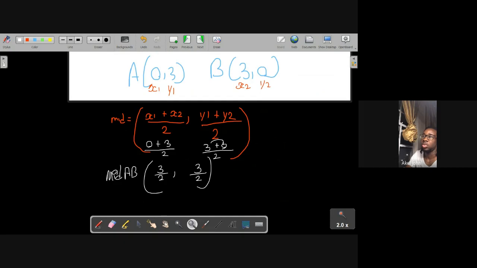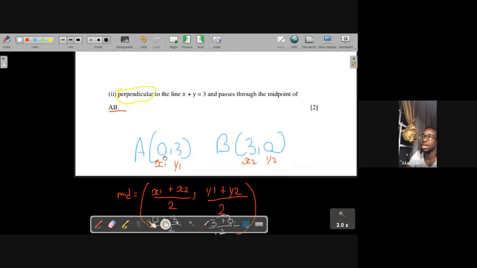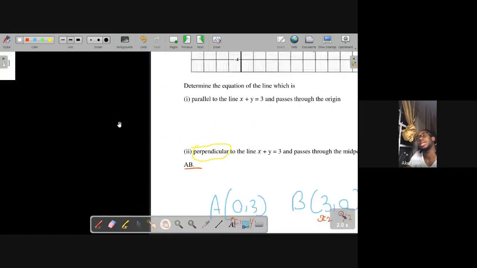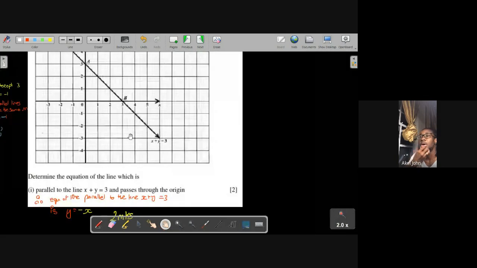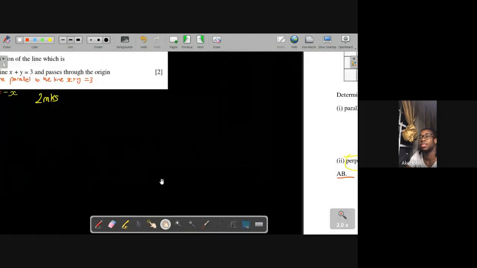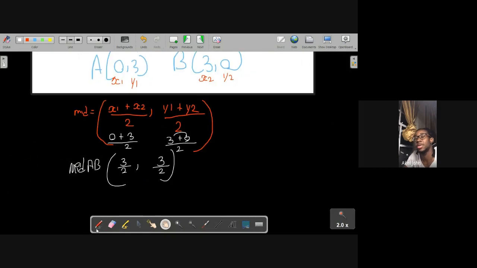What was next? It's perpendicular to the line x plus y equal to 3. Well, we know that that line had a gradient of -1, right? I'll put this in green. So the x plus y equal 3 line had a gradient of -1. And if it's perpendicular, then therefore,